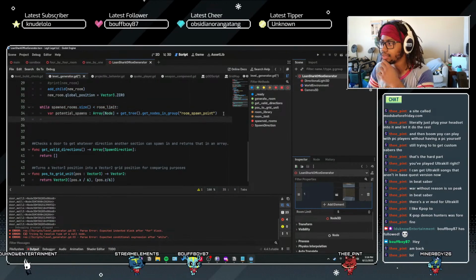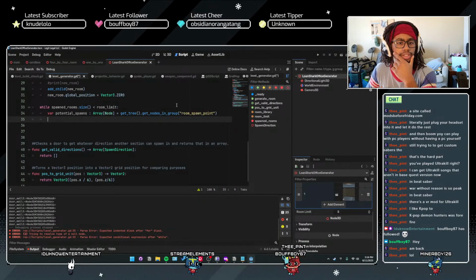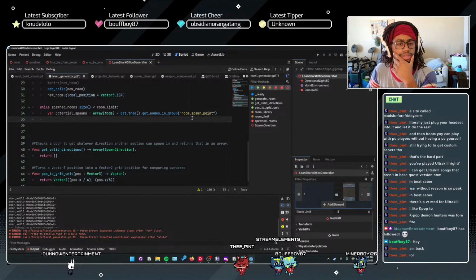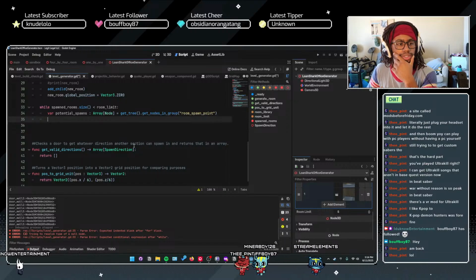Now I have to finish it because this is not gonna work. Potential spawns is spawn point. Get all the rooms there. Then what we want to do is